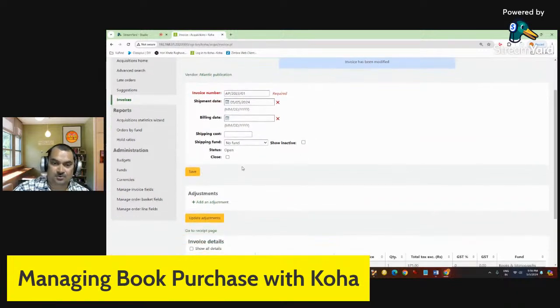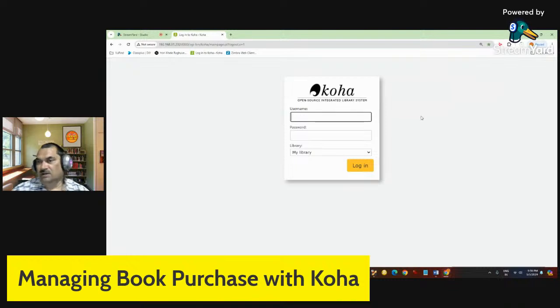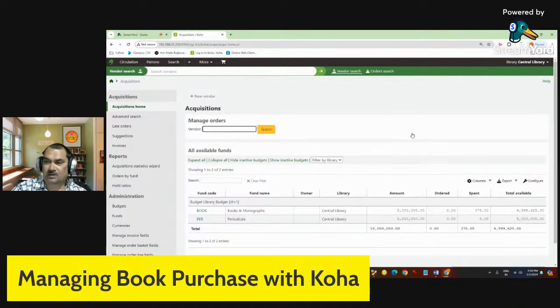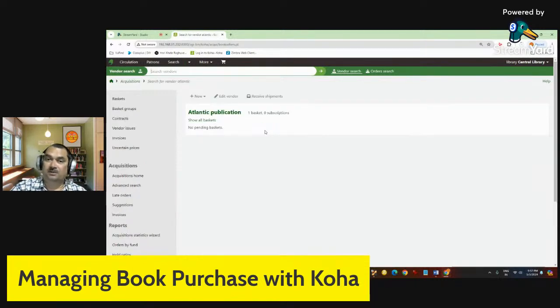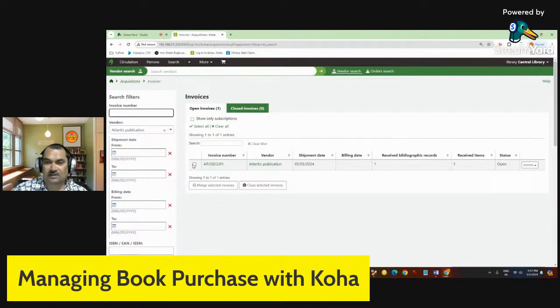So imagine after completing this, I will log out, and I will again, after 7 days, once the payment is made, when I come to library, I get the information that payment is made against this order to this supplier. So what I will do, again I will search the same supplier to update the payment detail in the software. So I have placed order to Atlantic. So I search the vendor. Now I will go to search the invoice. You just see here left side invoice. So this was my invoice. I will open it,